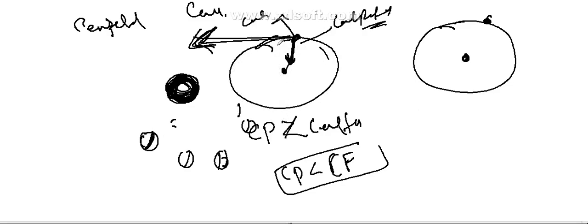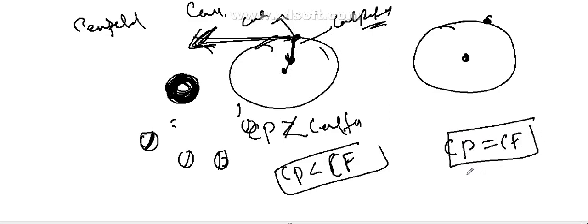Coming to centripetal, as long as your Cp is equal to Cf, that means centripetal force is exactly equal to centrifugal force, the ball rotates. The moment you give more force, the centrifugal force is more, you release the ball, and the ball goes away outwards.